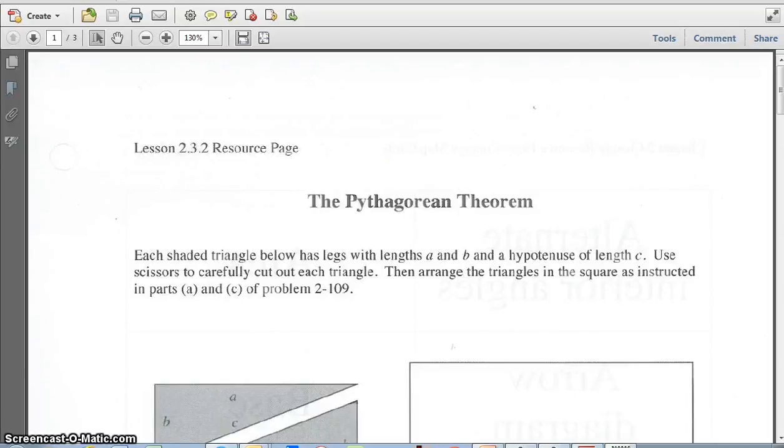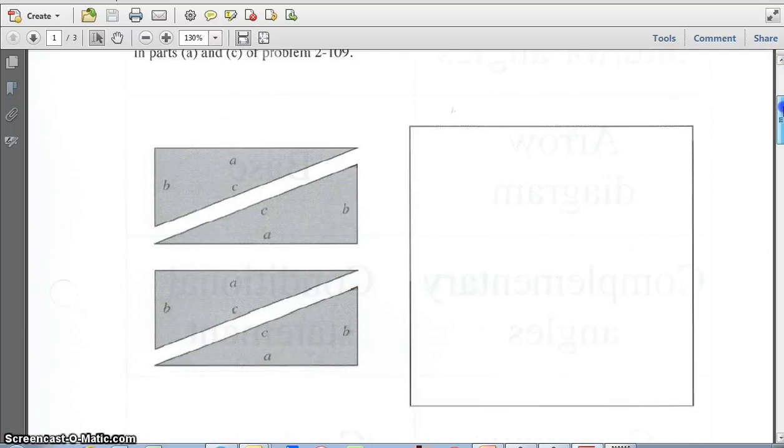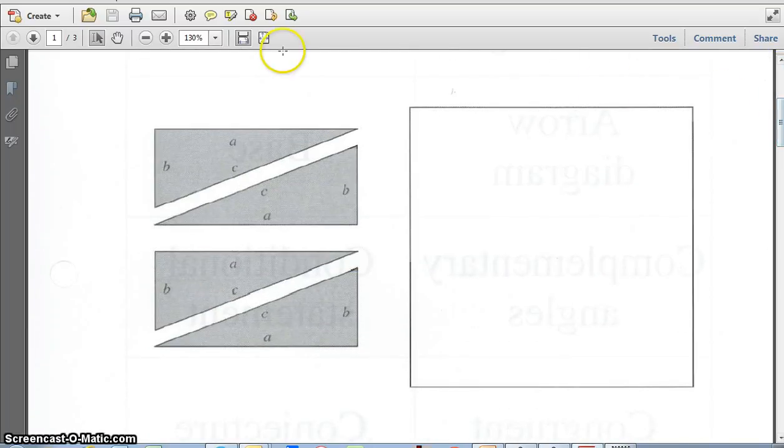We ended class today with a look at a proof for the Pythagorean theorem. We started with 4 congruent triangles with side lengths A, the longest leg, B, the short leg, and C, the hypotenuse. And we cut each of the 4 triangles out and arranged them in this empty space here, along with exercise